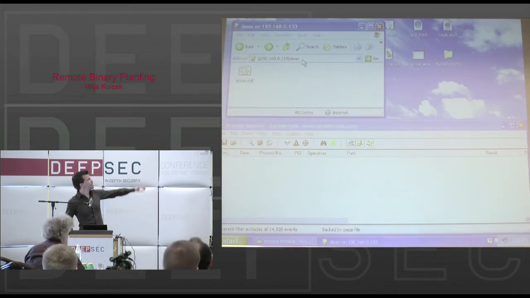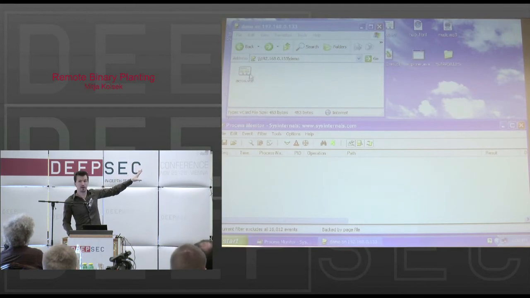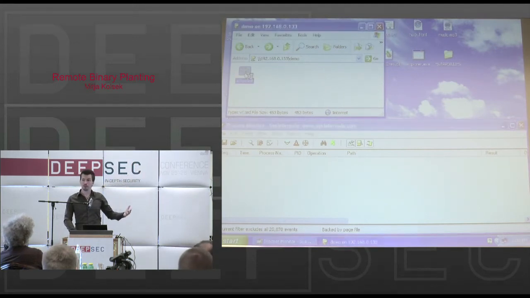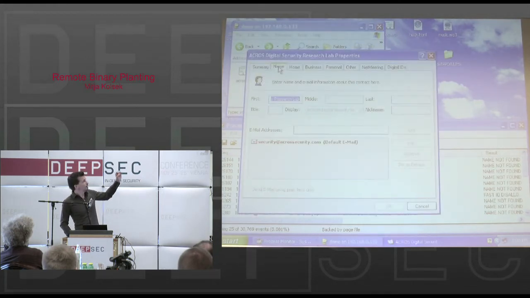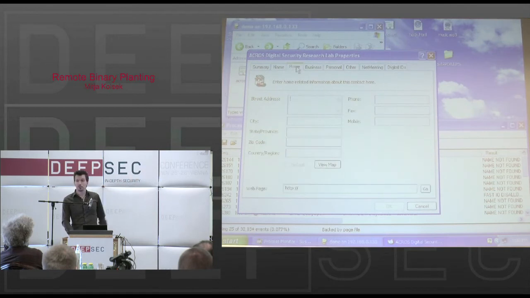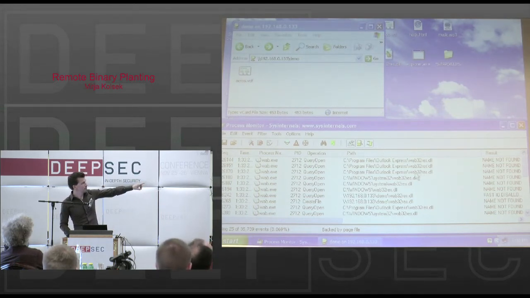What we have here is a .vcf file, which is associated with a Windows address book. And when you double-click a .vcf file, a Windows address book, which is integrated in Windows XP, and also similar applications in Windows 7 and Vista, just opens the file and shows the content of the file like this. Now, we monitor with the process monitor what happens when Windows address book tries to load a specific DLL,